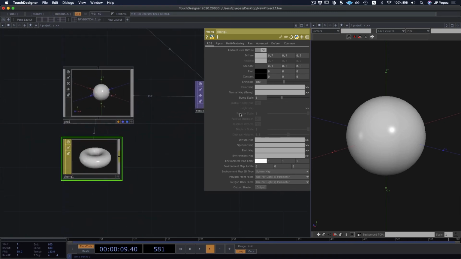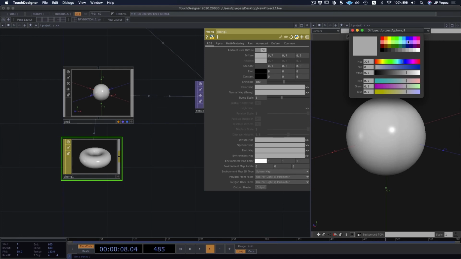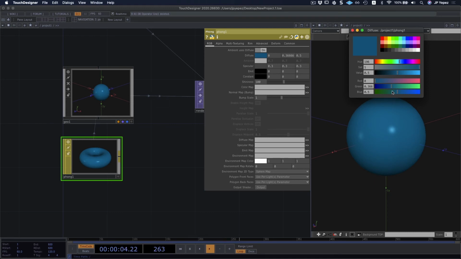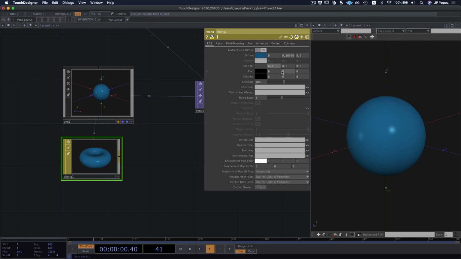So we have our Phong material, and our Phong has additional color options, as we can see. So we'll give it a diffuse color, which is just a constant color, how our material's gonna look regardless of the lighting. But we also have options like specular, and specular is how our geometry interacts with the light itself.